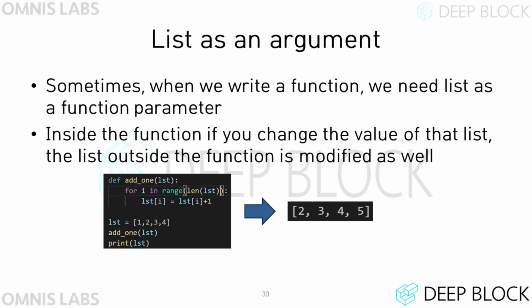Sometimes when creating a function, it is necessary to receive a list as an argument and process it. When a list is passed as an argument, and if the list is modified inside the function, the original list outside the function is also changed. If we run the code shown on the screen, we can see that the list variable lst outside the function is changed after the function call. When passing an int or float as an argument, this will not happen. But for a mutable data type such as list, the original data address is passed to the parameter variable.